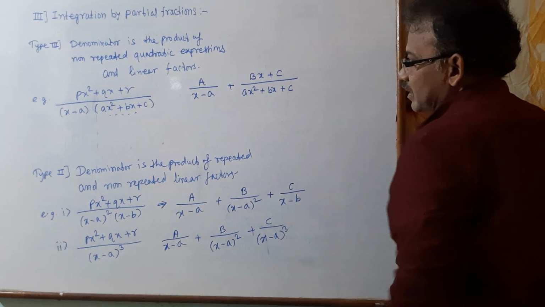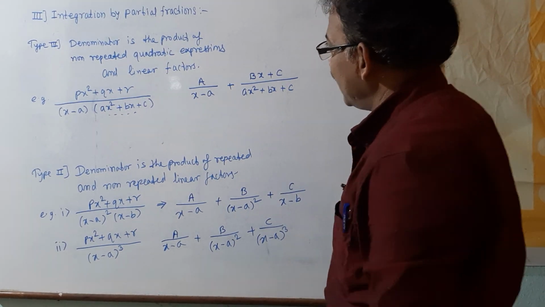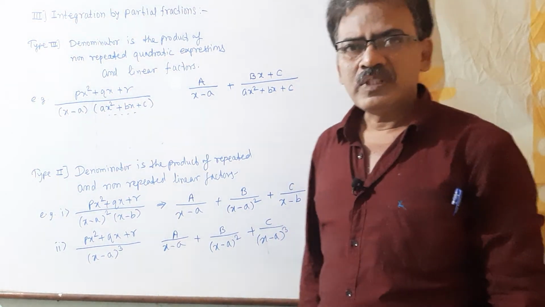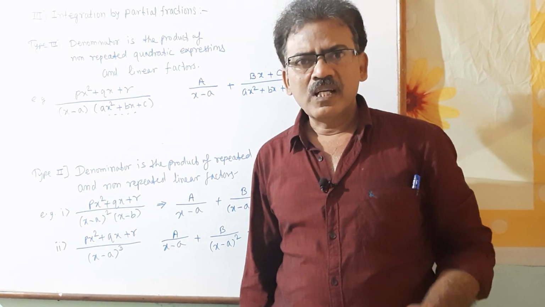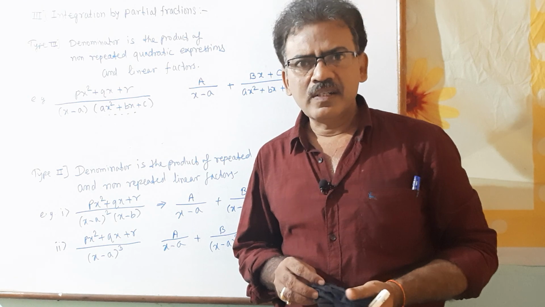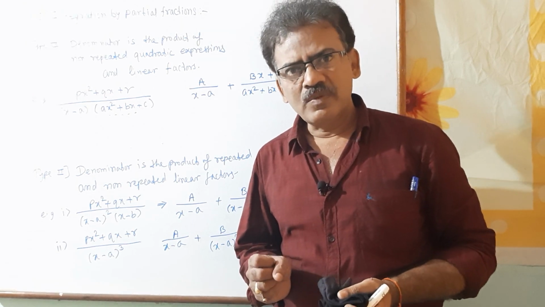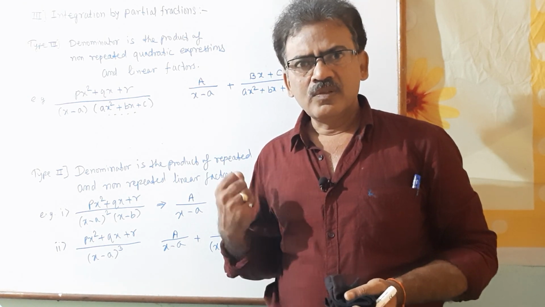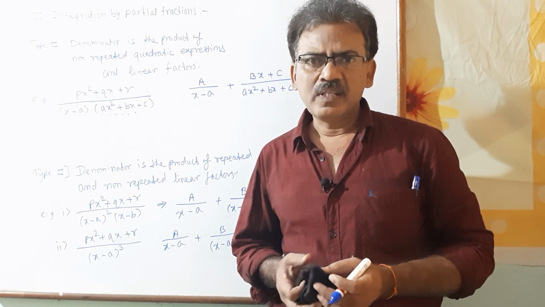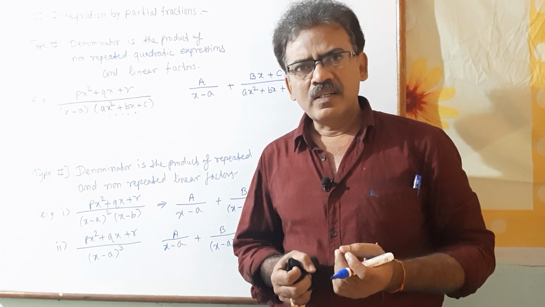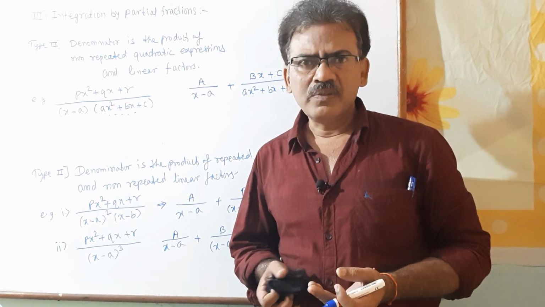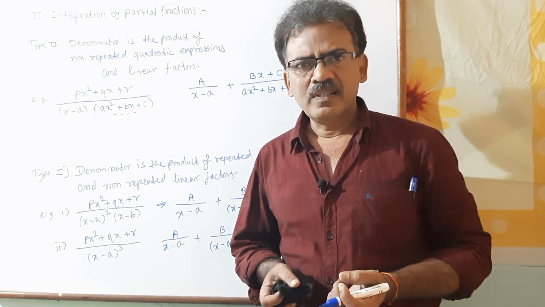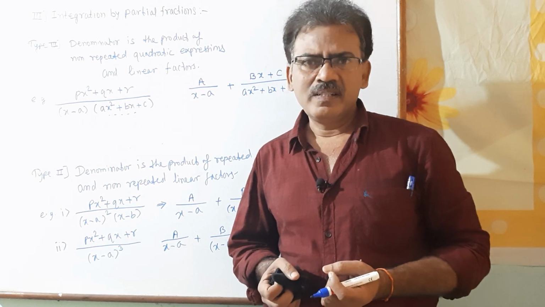So take this as a formula, and by using such forms, we have seen in type number 1, type number 2, type number 3, what type of partial form we have to take, and that depends upon the form of the denominator, right? So by taking this, we can evaluate the given integral. So in the next lecture, we will see actual problems and how to solve them by using these types. Okay, we will stop here. Till then, goodbye.